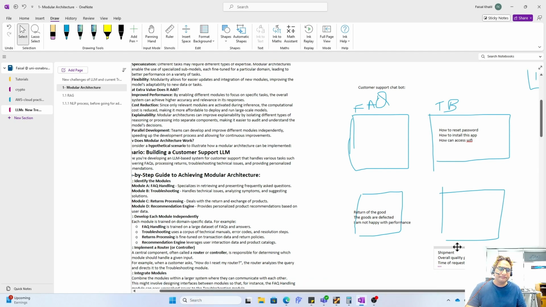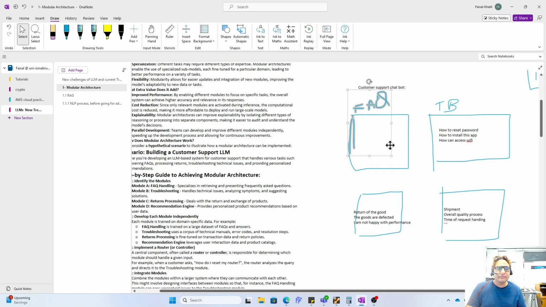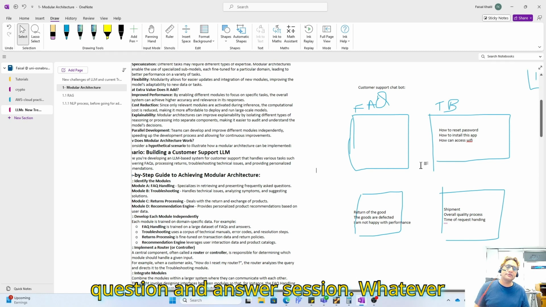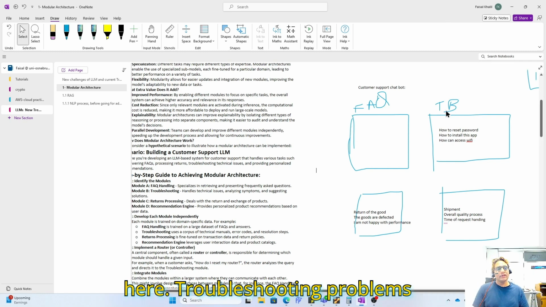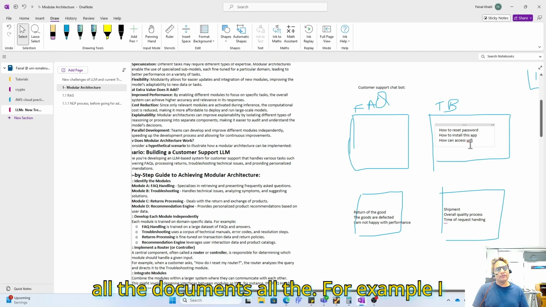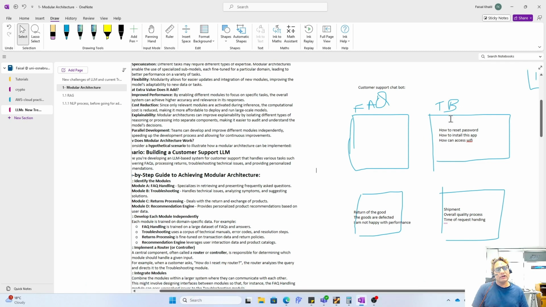So now I create small bins. In each bin, I train a model. Relevant customer queries, question and answer sessions, whatever simple question and answer is asked comes here. Troubleshooting problems: all the documents, for example, I have 3000 documents of troubleshooting, all that information comes here and I train a GPT model on it and I place that model here.